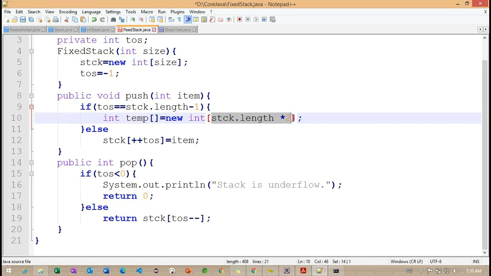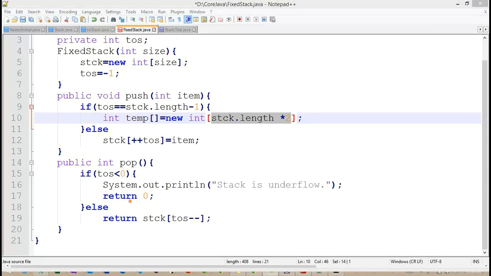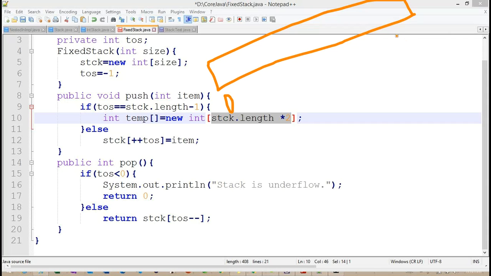And with the help of this length, I'm trying to create one more array here. Getting the point. This is very important. So one more array. Now what happens internally? This array will insert how many values? 0 to 15. The size we have is 8, we multiply it by 2, so it becomes 16 here. Now 0 to 15, we are going to insert the value. But now you can observe that this array is created as an empty array.